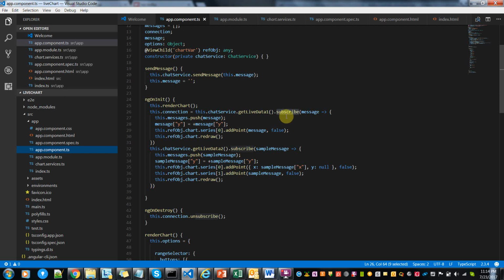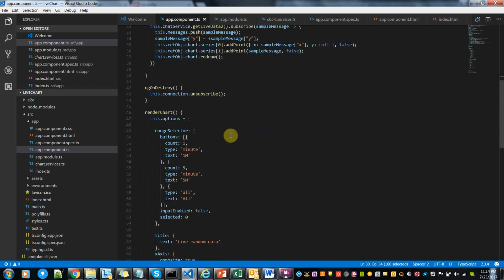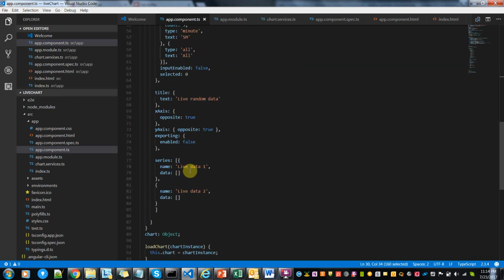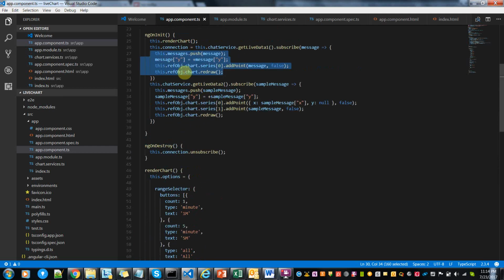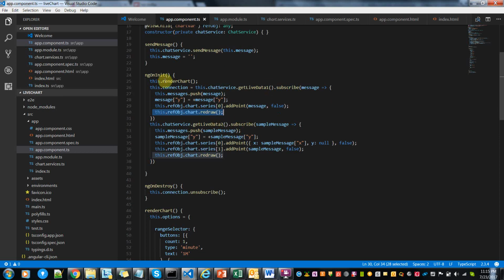So whenever there is a change in the streaming from the real-time provider, my component gets those changes, and I construct the data to plot to my chart. And once the data is available, I redraw my chart. That means that particular incremental piece of data will be pushed to the UI component.